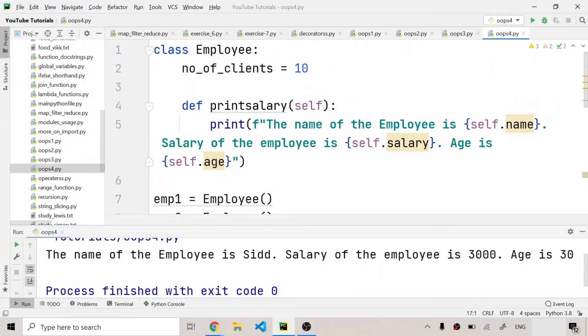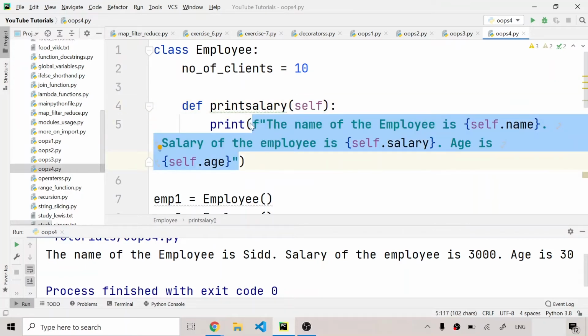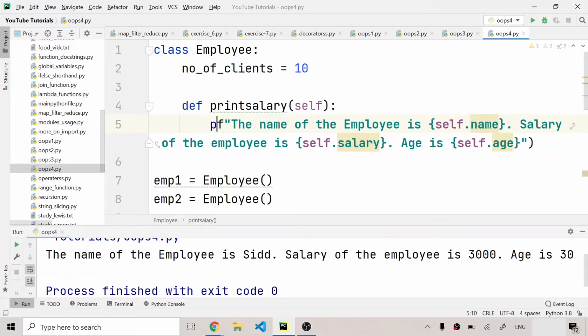And guys, I hope you understood what self means. Self is basically the object and instance that you are applying this function to. I know I'm repeating myself because this is a really important concept, guys. And when I wrote print, I shouldn't write print right here, because I want to return this statement.